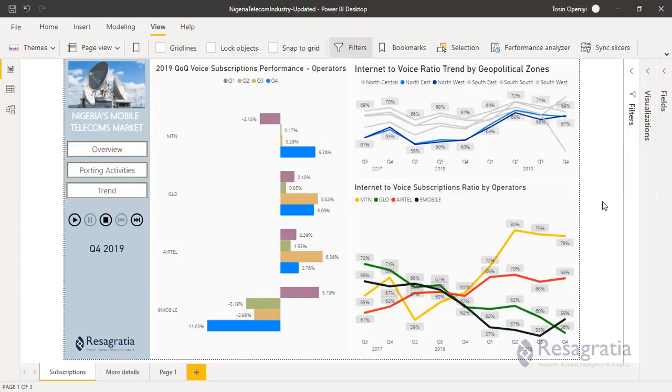Airtel did better, right? And Etisalat, wow, first quarter 2019 for voice subscription. See Etisalat in the first quarter. Everybody, the story has now changed.